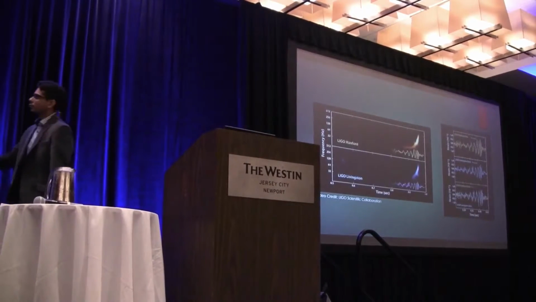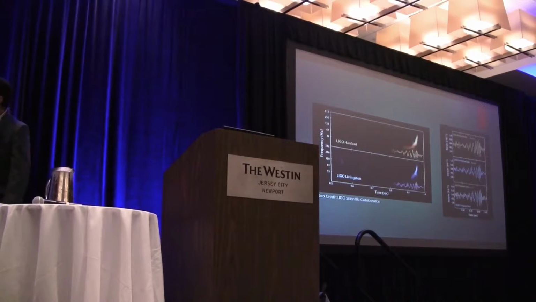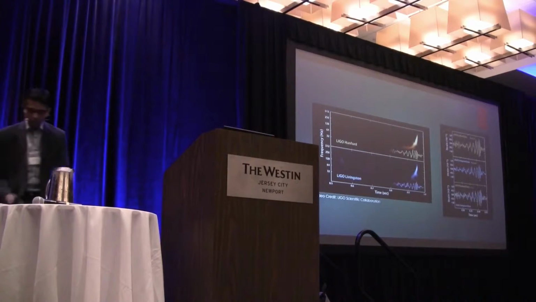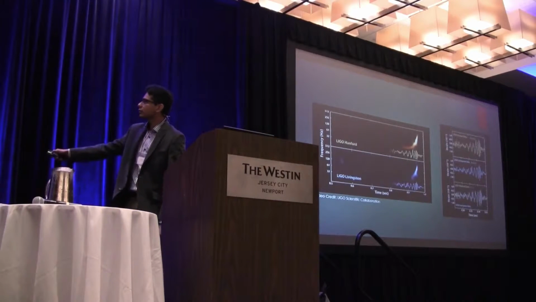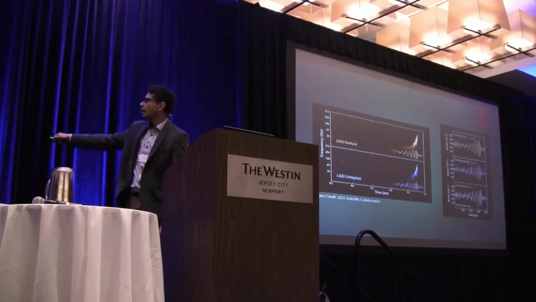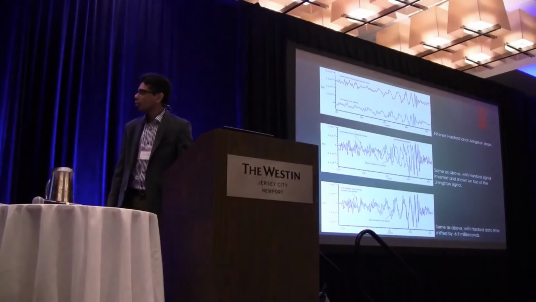Okay, this is in real time, so you can see the signal was very, very quick. There are two panels here, one for each detector. On the right-hand side, we have the actual signal that was detected by Hanford and Livingston, with the two signals plotted one on top of each other. Let's now look at the signals in more detail.